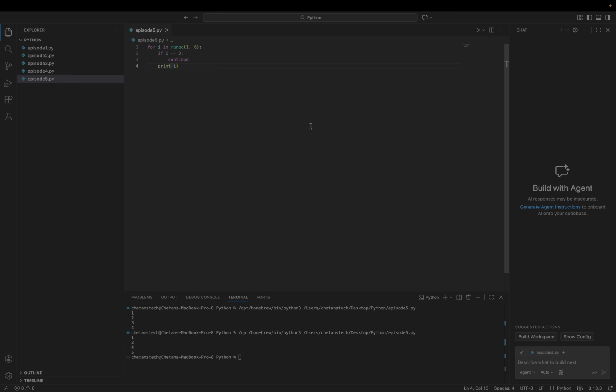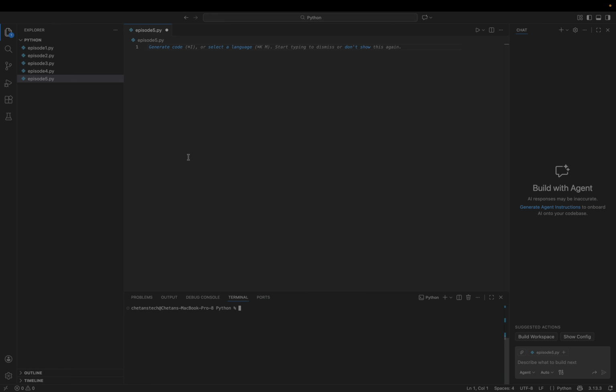Now let's build something more useful, something like a program which performs password attempts. So it's going to be a little realistic example. Let's define a variable called correct password, and let's write hello.